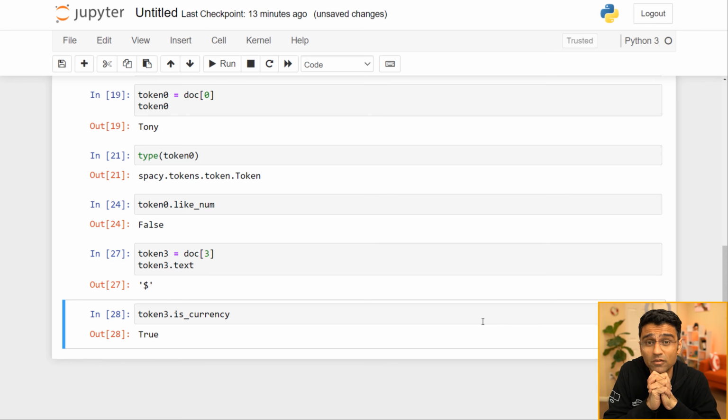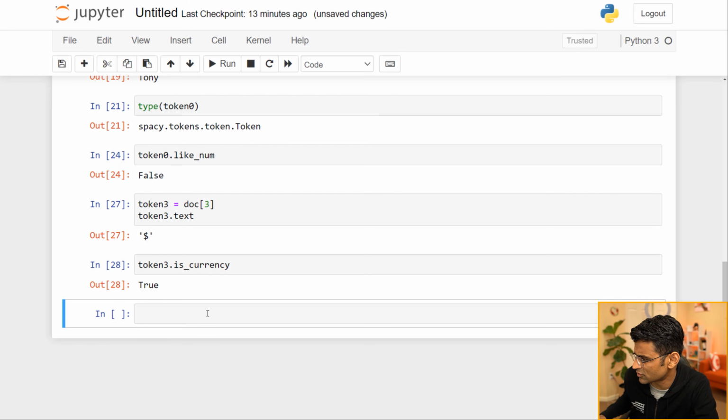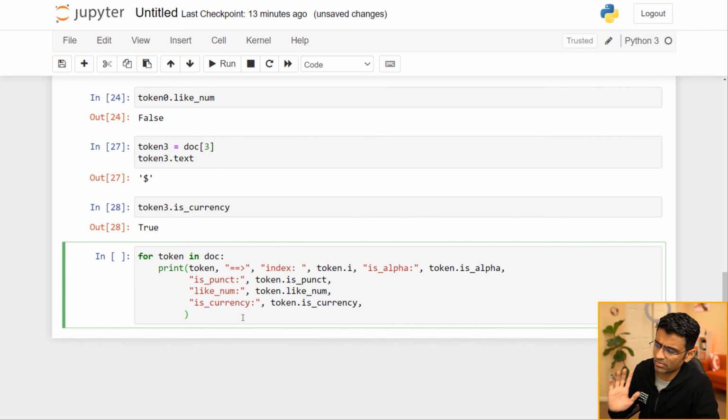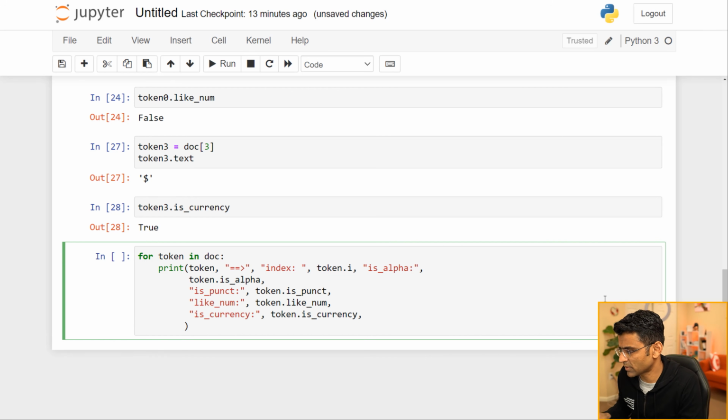Now this can be pretty powerful. Okay, so I can show you a use case, but let me first print a few of these attributes. I'm running a for loop, I'm printing a token. Token has an index which is called .i. Is alpha is something we saw. Is punctuation,